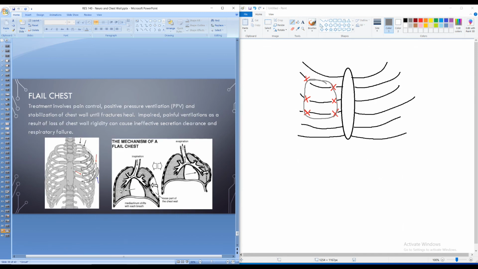This is basically what they were trying to draw here. You've got a big broken loose section of chest wall. Well, how do we get this paradoxical movement? As we take a big deep breath in and we expect our chest to expand outwards, that's actually creating negative pressure in the chest. If you have negative pressure in the chest, that's a vacuum, which is essentially just going to suck this loose portion of the chest wall inwards. So the whole rest of this chest will move outwards as the patient breathes in. This flail segment, this broken piece right here, is actually going to get sucked inwards,